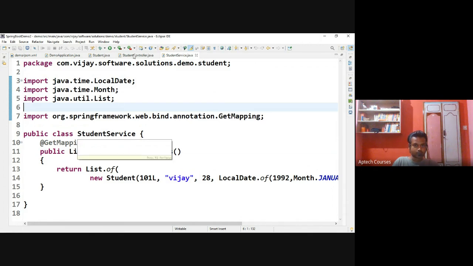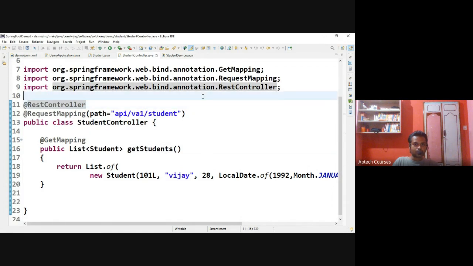If I go to this, first I need to execute it. Execute, and I need to go to this location, this URL.